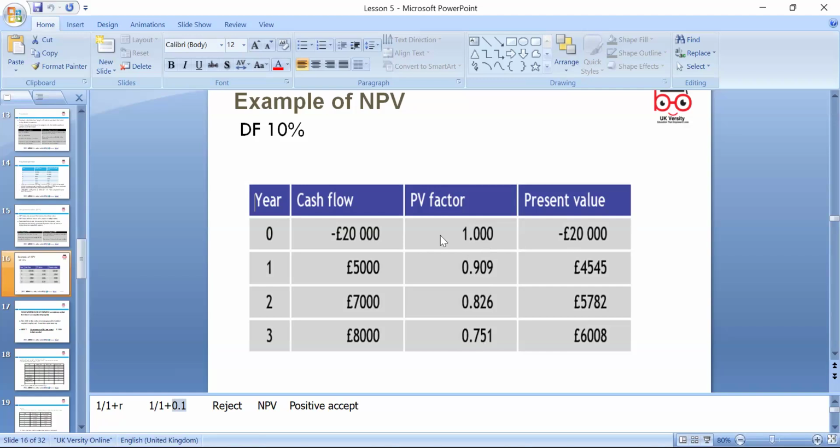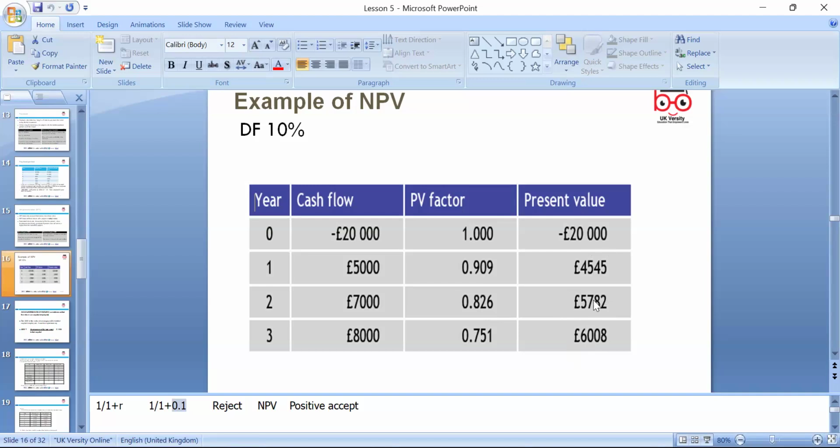So if we say you invest 20,000, that is the cash outflow, the money invested. And if you're getting 5,000, what is the real value of that 5,000? It is 4,000. If you're getting 7,000 in year 2, because every pound is 82 pence, the real value is lower. So then it is 5,700. So if you add all these inflows, 4,000, 5,000, 9,000, 6,000, 15,000, and add 1,200 more,